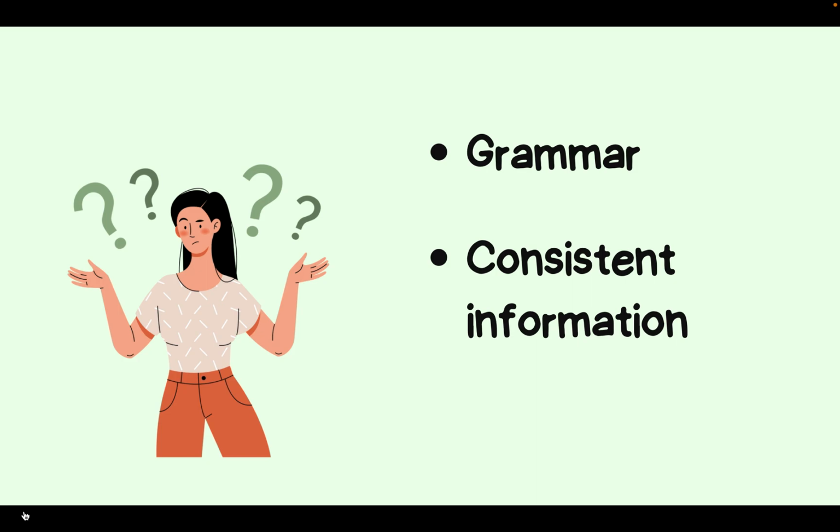Does the information presented back up what you already know, or is it consistent with information that you've already seen? Number 3, outside sources. Does the website cite outside sources to back up their information? A reliable website will often list their resources. If they do not, you should question the author and what they know, which seamlessly brings us to our next